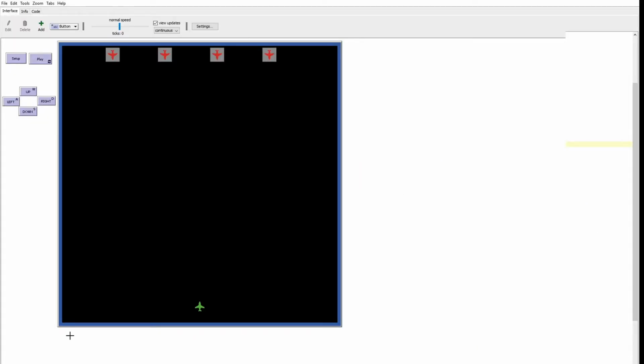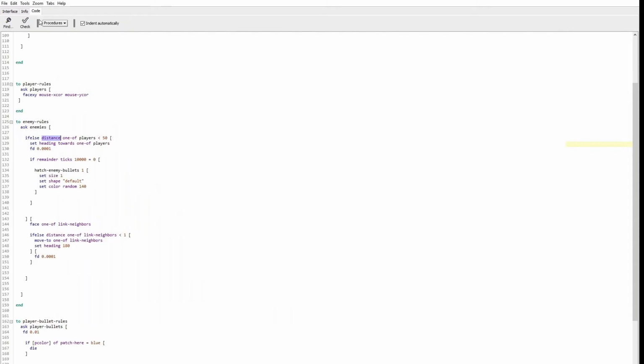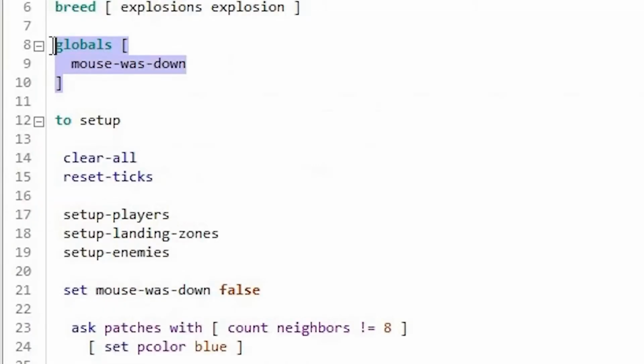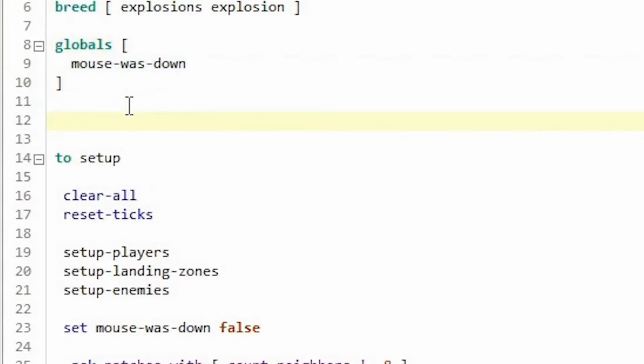Now let's see how we can implement health value for enemies and player characters. For that, we are going to define some local variables. So here we defined a global variable, but now we are going to define a local variable for player and enemies.